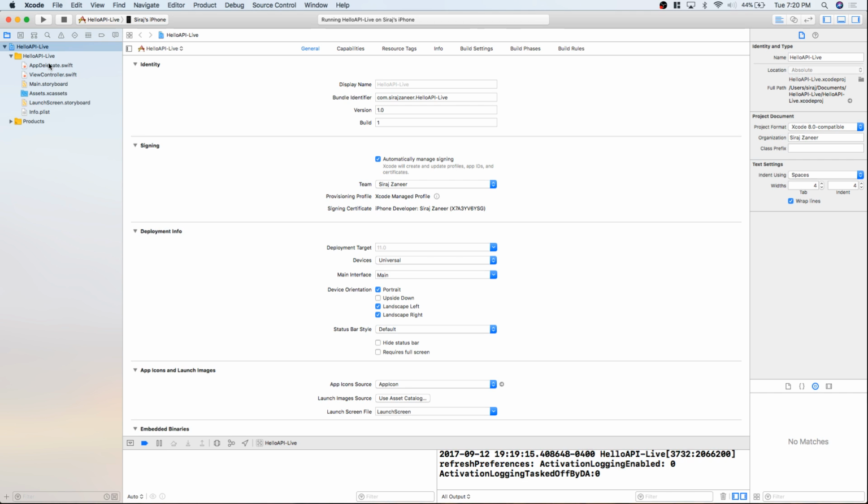What Xcode does is allow you to create iOS applications. Even if you create a web-based app, you end up having to use Xcode to compile and then deploy it to the App Store. So the benefits of using Xcode are that it's super powerful and very easy to start